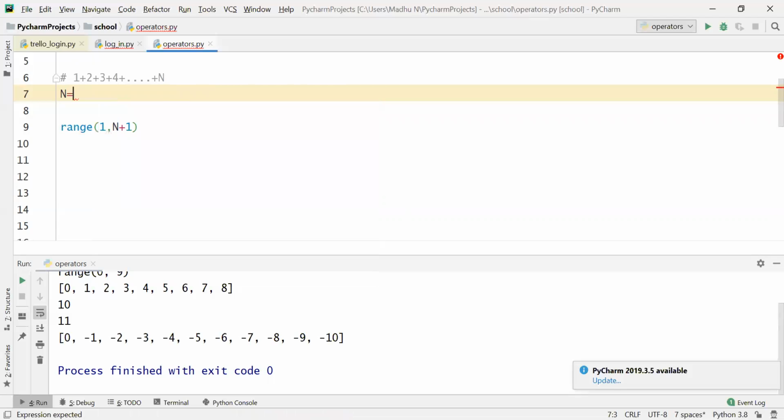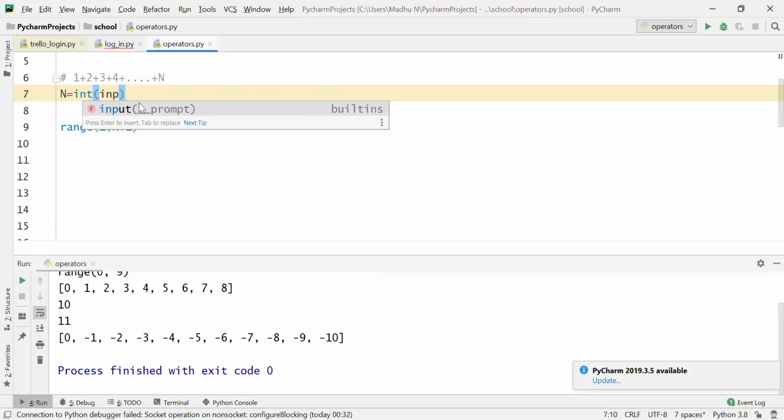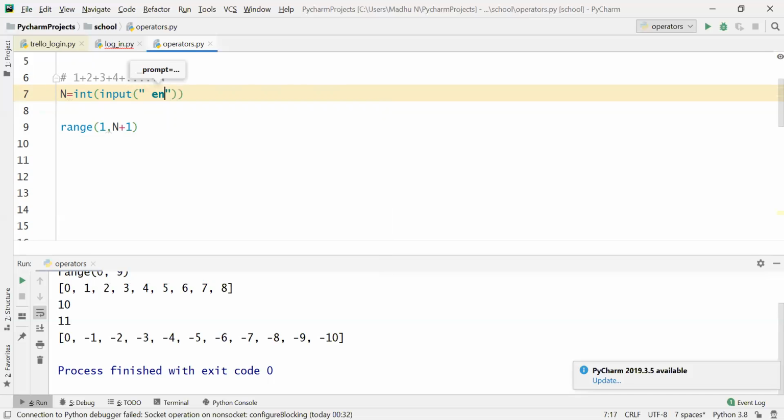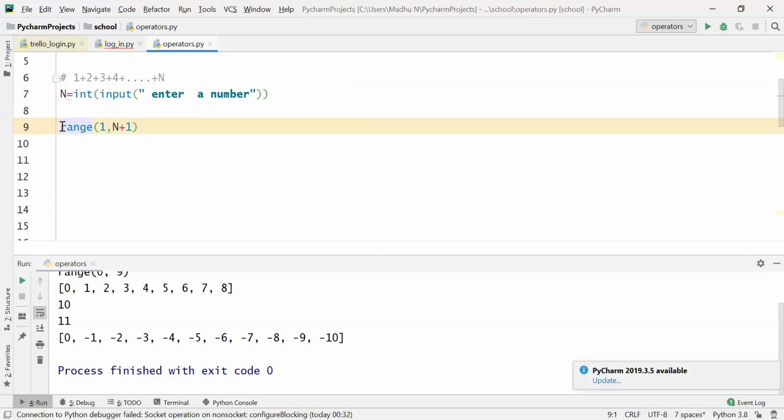How do you write? You have to ask the user int of input, enter a number. Now we have defined range, we have defined the number.